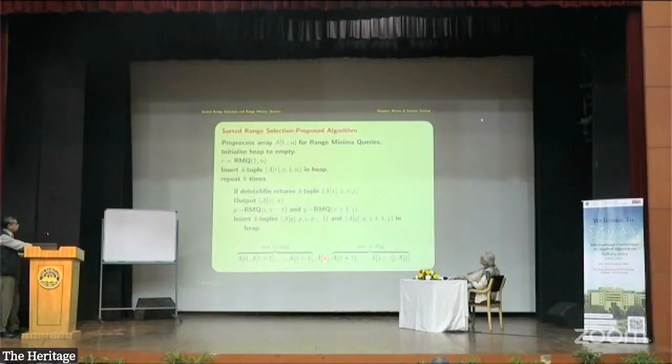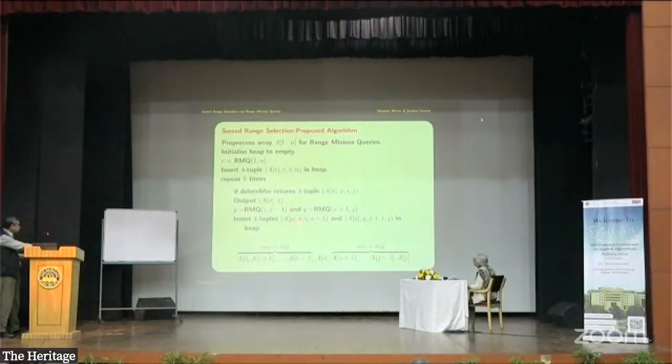So basically, if I assume that the minimum item is a_x, I look at the set from i to x minus 1 and find the minimum item, say a_p. I look at the set from x plus 1 to j and find the minimum item a_q. So in each iteration, I find the minimum item in the heap. Let's say the key value is a_x, the item has index x, and this is the minimum item from sub-array a_i to a_j. I output the pair, the key value and the index x, and then insert